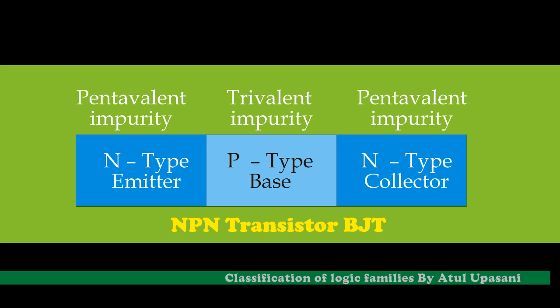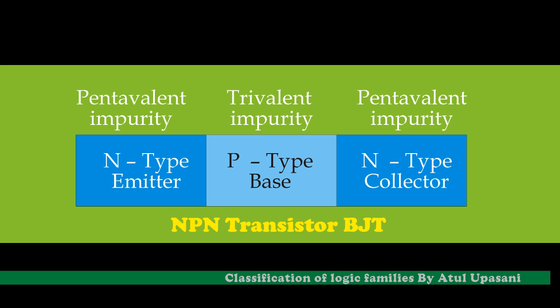In the second way, if you see the diagram of this transistor, you can see that between the base and emitter there will be a formation of a depletion layer. That means there is a formation of a junction. At the same time, a second junction is formed between base and collector. So these devices have two junctions, so they are also called bipolar junction transistors.